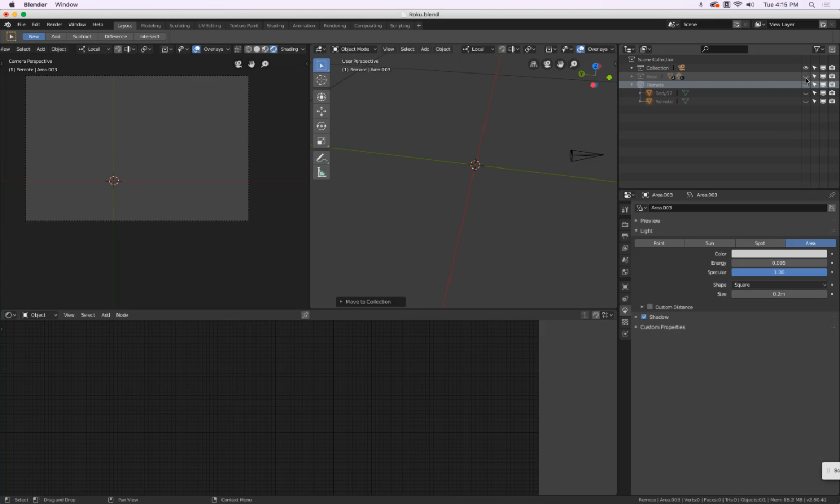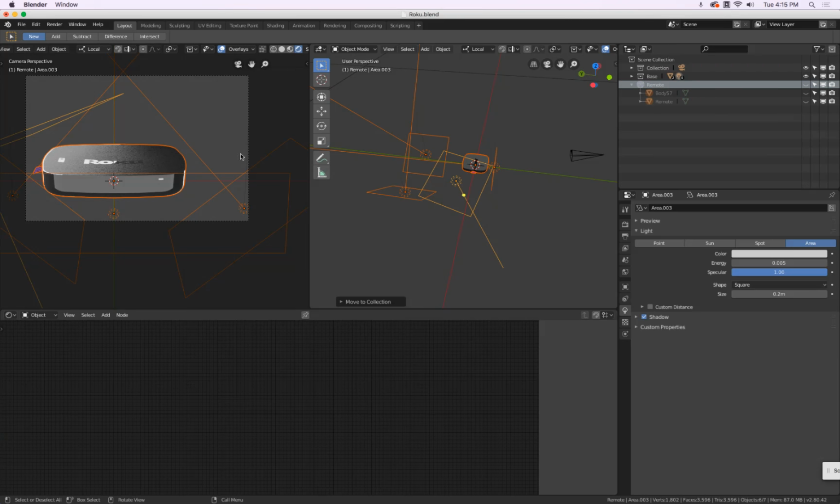Yeah, so this way we have everything nicely separated. So with the camera still in the same position, we can show one object, render it, hide it, show the other object, render it, and then later we compose the